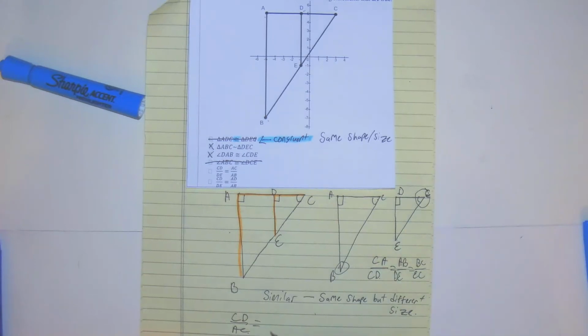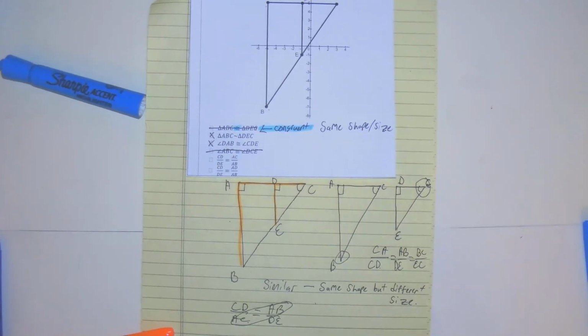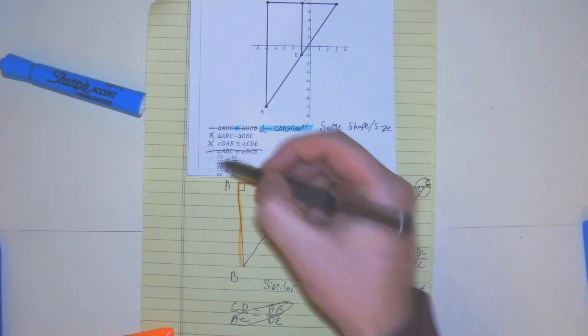So if we were to flip these, put DE over here, or CD's there, so AC would flip. If we were to flip these, it would still be the same statement if we did CD over AB. CD over AB is equal to AC over DE. That's a true statement